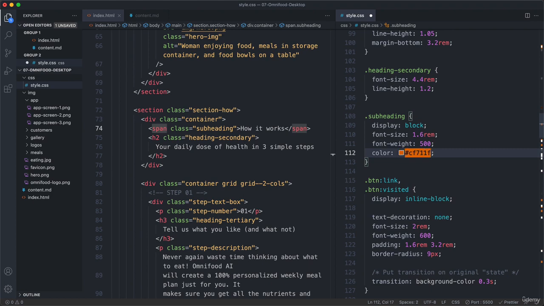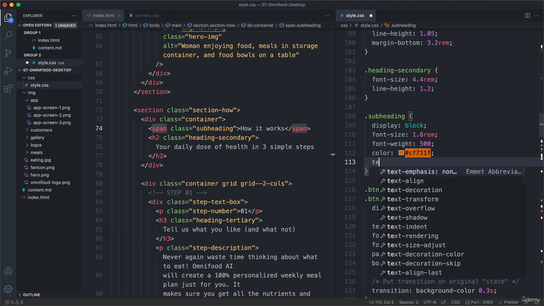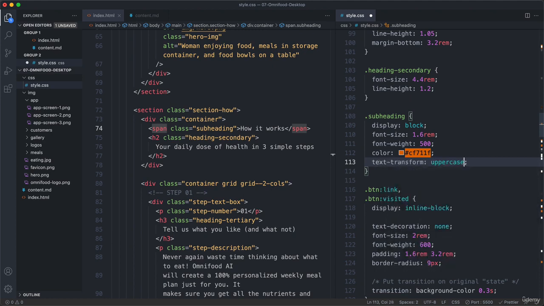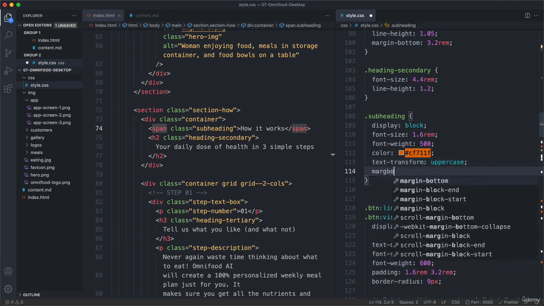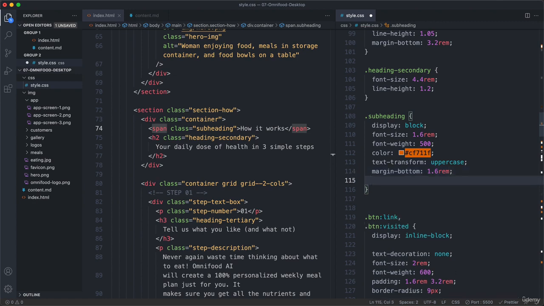And here I'm going for that darker tone now. Okay, let's now also make it uppercase. So text transform uppercase, and also some margin to the bottom of 1.6 rem. And by the way, maybe you've been noticing something that I have been doing for some time